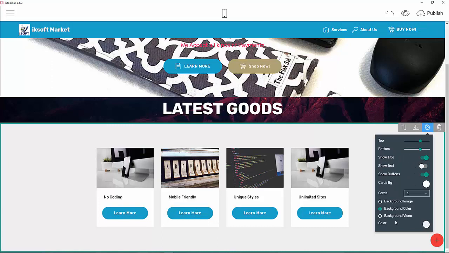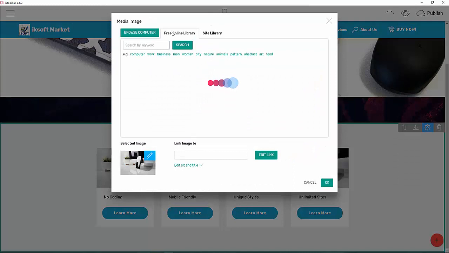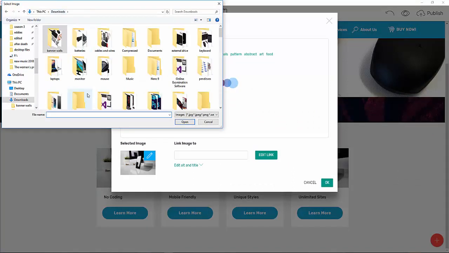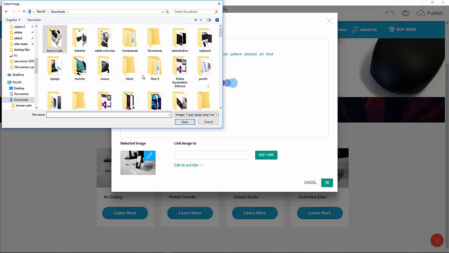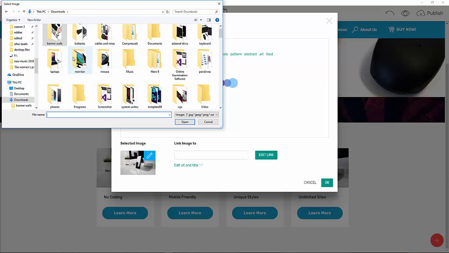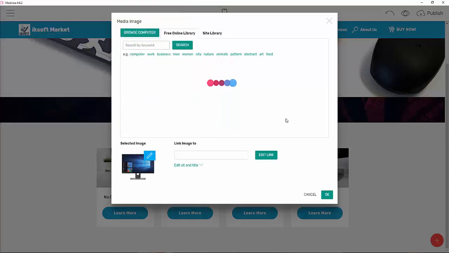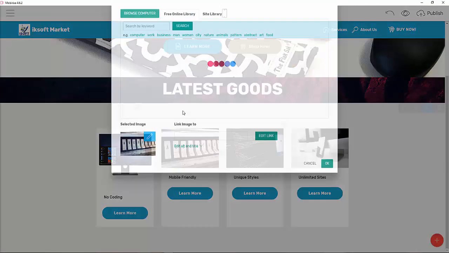So let's start to change some images concerning this, so you can freely browse the images that you want. So let's go to the downloads. I will first go to my system units. Okay, sorry, let's start from the monitor as well. So I'm going to add this monitor, and then I click on OK. Now automatically you can see that it just